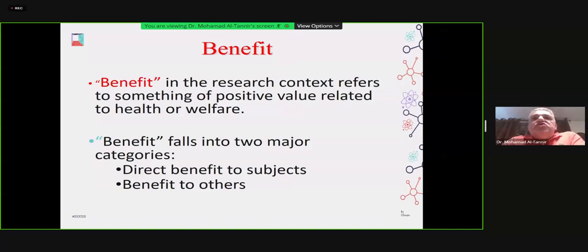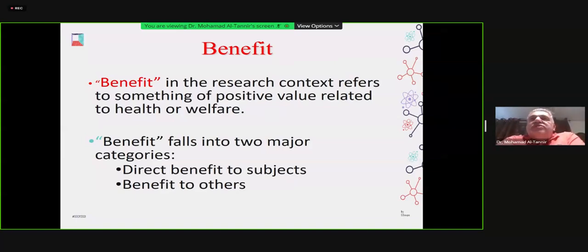What do we mean by benefit in research? Benefit refers to something of positive value related to health or welfare. So it falls into two major categories. It could be direct benefit to subjects, to participants in the study, or it could be benefit to others. It is clear how it could be benefit directly to you as a patient or participant by providing better treatment, better health care, if we are really investigating an investigational product that might enhance the overall health care of